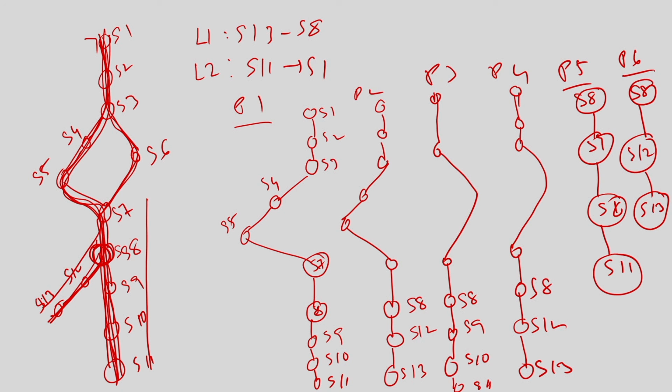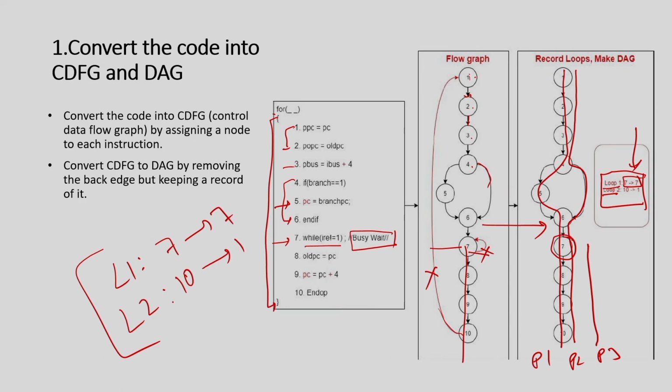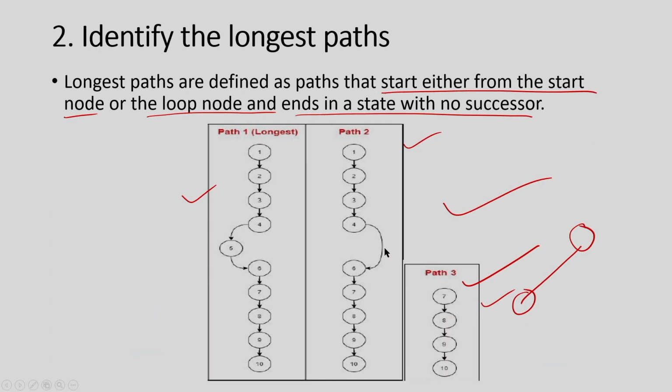So, the point here is that given this program I represent this as a CDFG and then I am going to identify all the longest paths. If the behavior is like this, it will have 6 paths and it is a similar behavior, only that there is no content in the loop body, I will get 3 paths. Okay. So, this is what we have already identified.